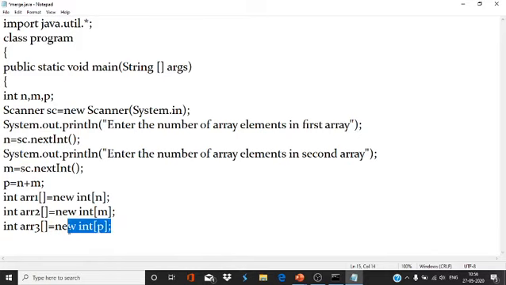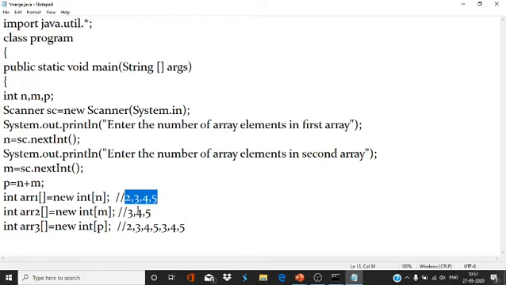This will be the third array where I will store the elements of the first and second. It means the elements of the first array are 2, 3, 4, 5, and the elements of the second array are 3, 4, 5. So the elements of the third array will be 2, 3, 4, 5, and then 3, 4, 5. So this is about merging.